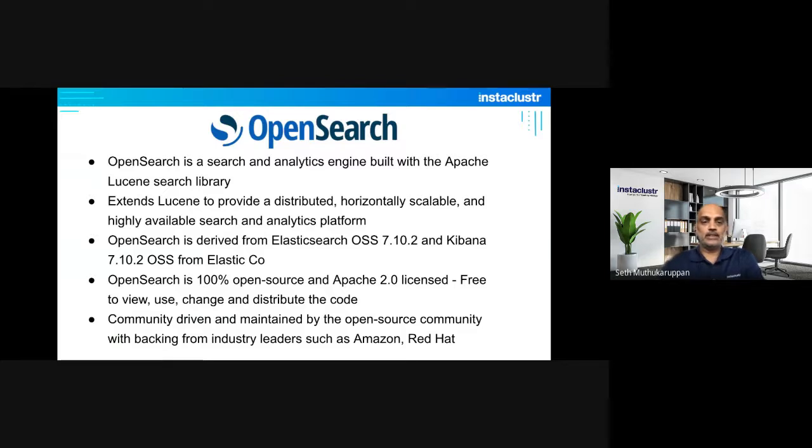OpenSearch is a search and analytics engine built with the Apache Lucene search library. And although it is a new entrant to the search engine space, if you come from an Elastic world, then you will find a lot in common. The reason being that OpenSearch is derived from Elasticsearch. In particular, it is derived from the open source version of Elasticsearch version 7.10.2. And the OpenSearch dashboard, which is the Kibana equivalent, is derived from Elasticsearch Kibana version 7.10.2, and again, the open